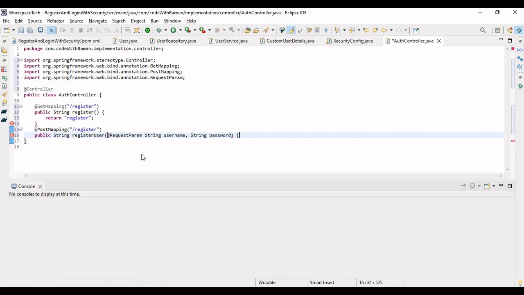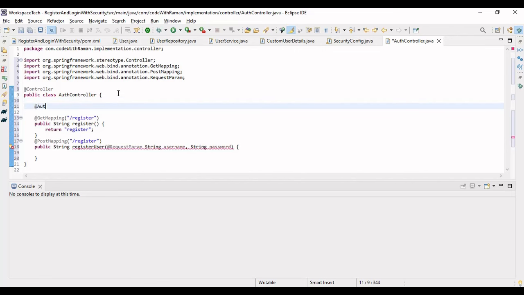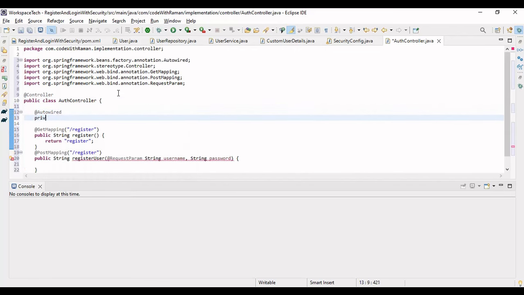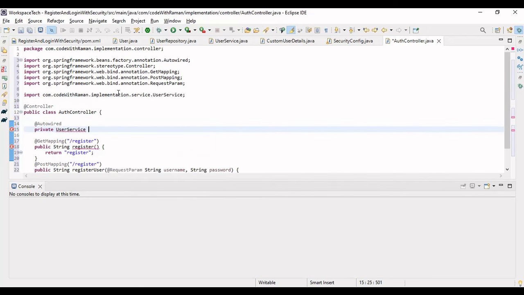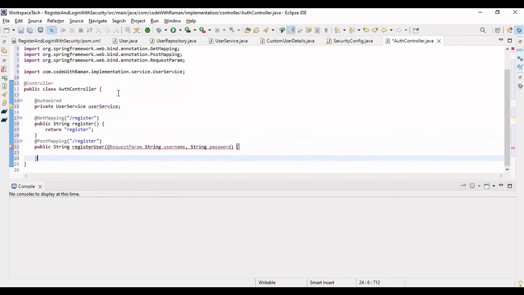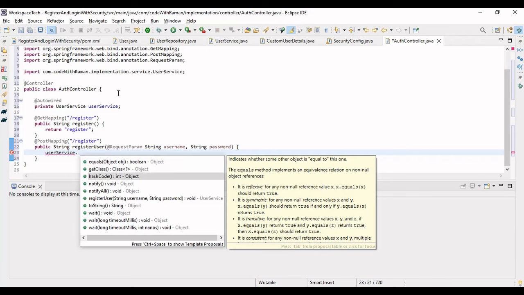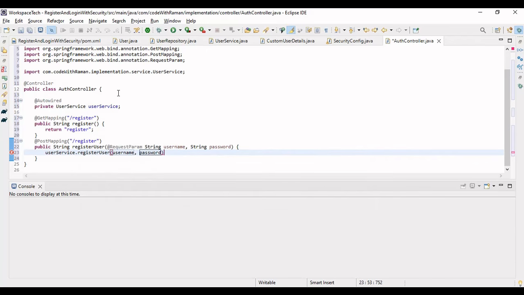And with this, as we defined a method in the user service, we have to auto wire our user service. So I'll say private user service, and user service, I'll create a user service object, and then we need to call this user service dot, we have a method called register user, and we have passed the username and password. And when this is successful, we have to return, and we have to say redirect